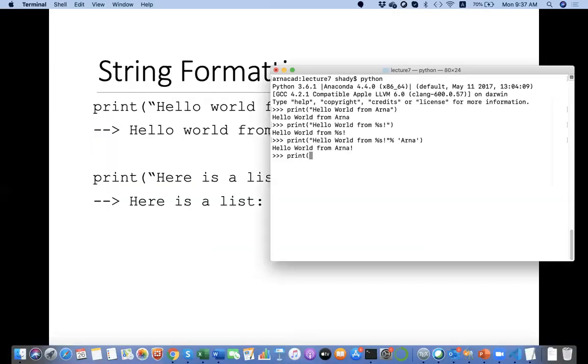Print here is a list. Okay. And I'm going to say percentage s. And then I'm going to say percentage 1, 2, 3. Okay. What is it going to print? It's going to print, here is a list, 1, 2, 3. How can I do this without this? It's almost impossible, yeah? Because I cannot say print,